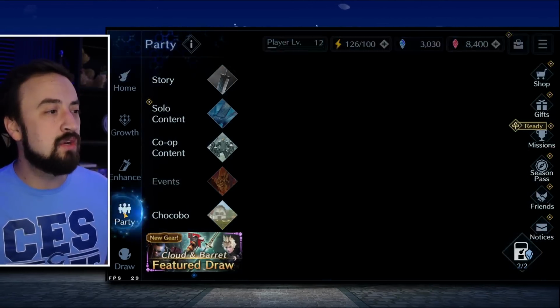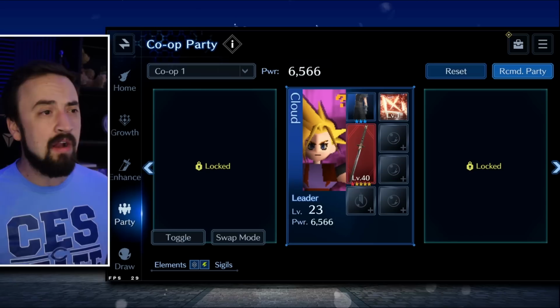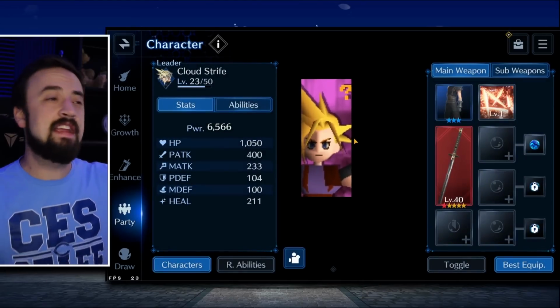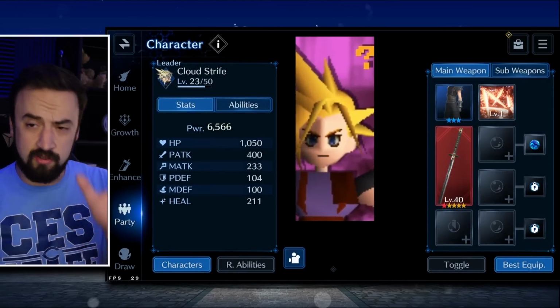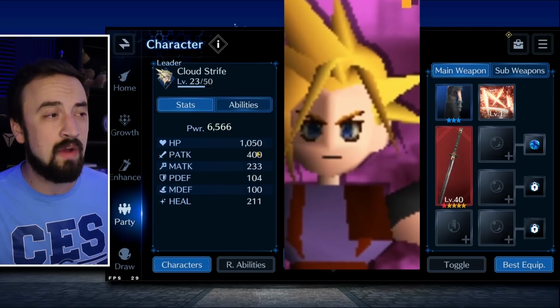Now, to do that, I'm going to go to party and go to my co-op party, which is just Cloud. Apparently Cloud has pieced out. His little graphic is not showing up, and here as well, he is completely in the dark. So Cloud has gone to bed, but even though he's in bed, we can still see his stats right here